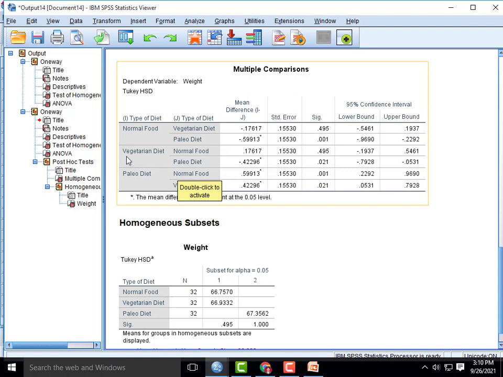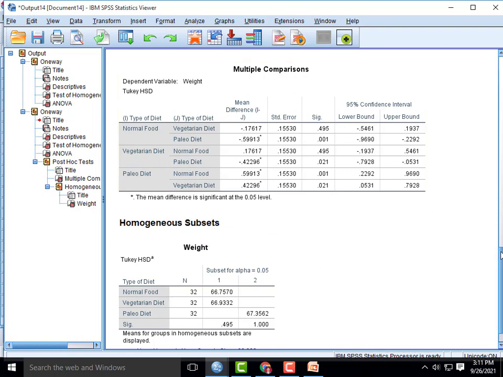Vegetarian food with normal food, we already have the comparison, 0.495, and vegetarian food and paleo diet 0.021. So here there is a difference. Paleo diet and normal food we have a difference, the value 0.001, already shown. So we have a difference between normal food and paleo diet. Again we have a difference between vegetarian food and paleo diet.